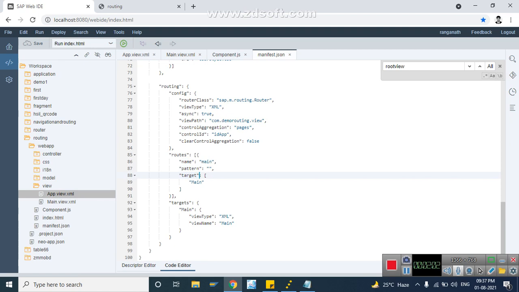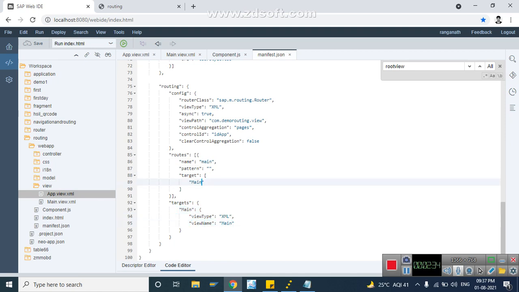When we have multiple targets, there should be multiple routings. In that multiple routing, the route whose pattern is empty, the specified target will be called. When the target is called, the defined view within the target will be loaded.